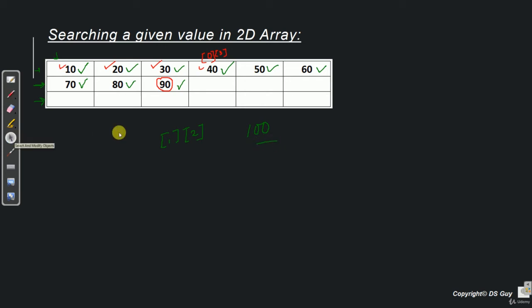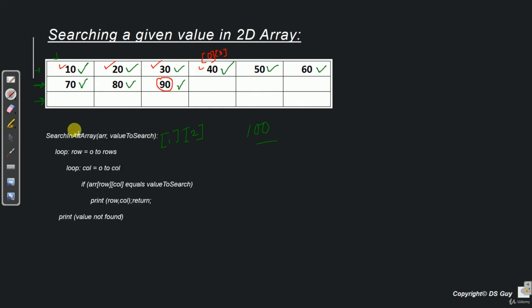Now let's see what the algorithm looks like. So the algorithm is extremely simple. Name of the method is search in an array. It takes array as an argument and value to be searched. Then, like our previous example, it creates two loops, one for row and one for column.